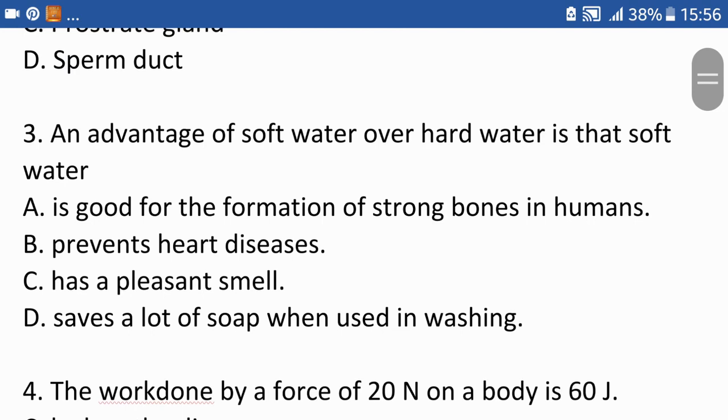Question 3, the advantage of soft water over hard water is that soft water